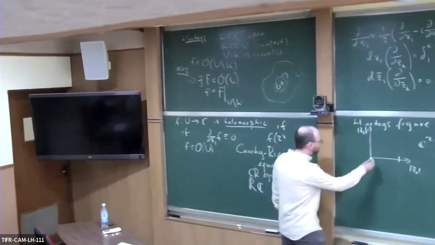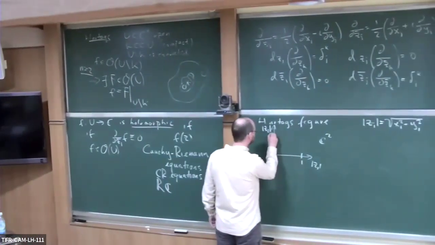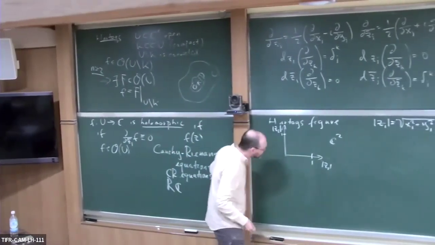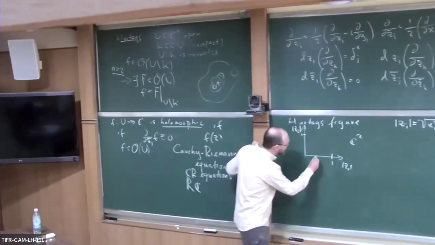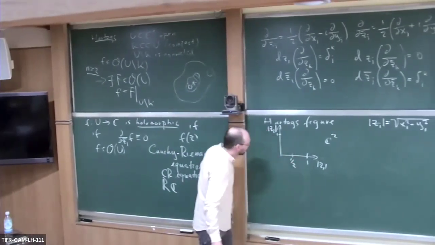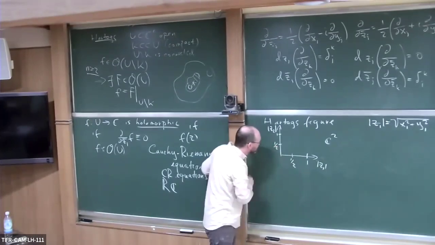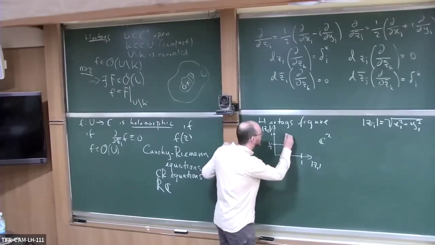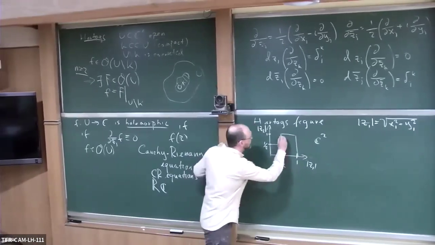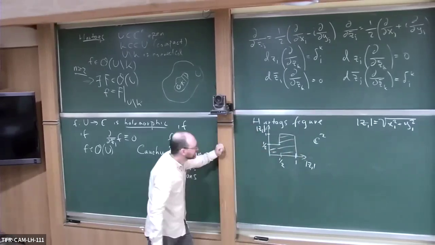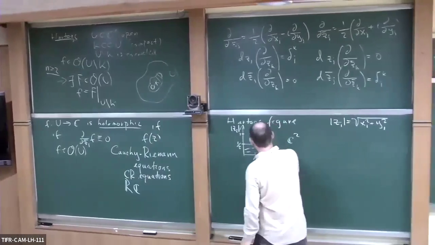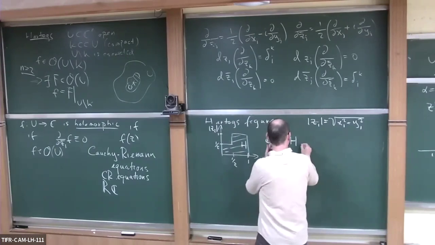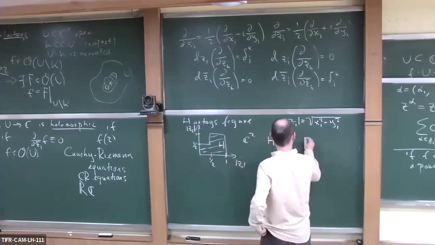Now I can draw a very specific Hartogs figure. Usually it's given with different parameters. I'll draw a very specific one. I'll draw 1, 1/2, 1, and the Hartogs figure is this guy, right? It's whatever's inside here. So let's call it H, the Hartogs figure. And so the Hartogs figure would be given by,